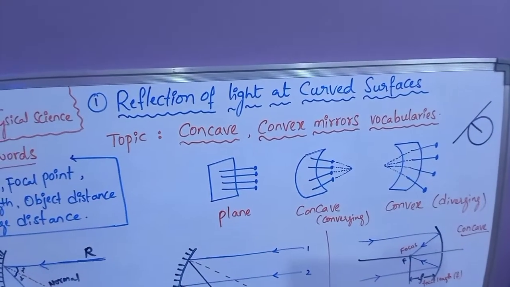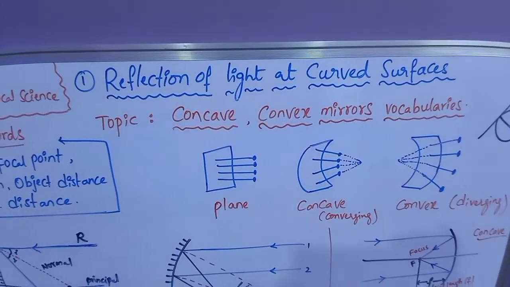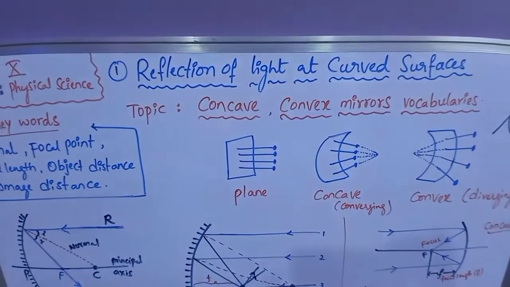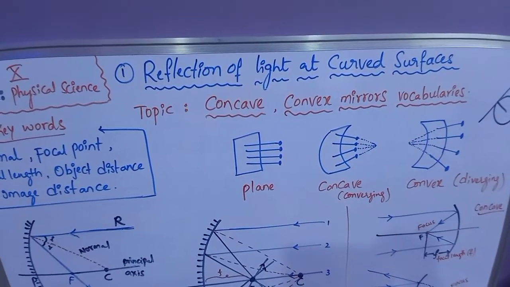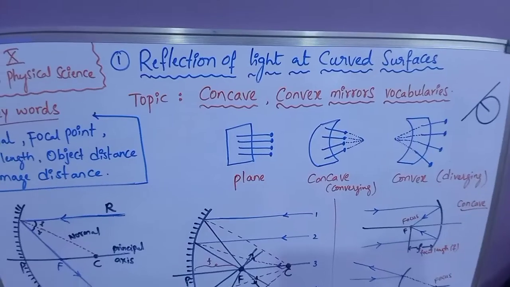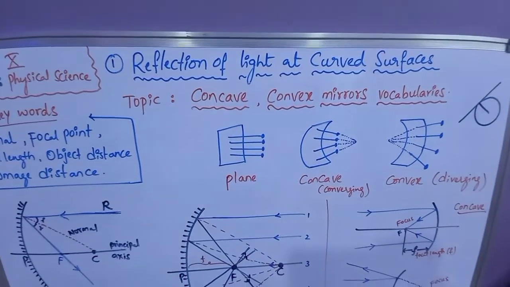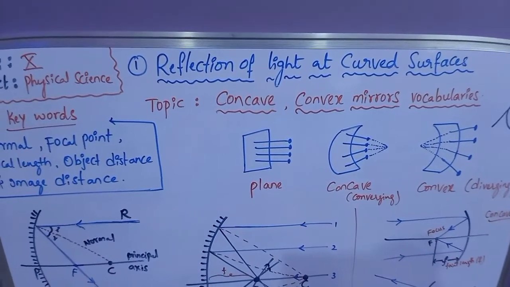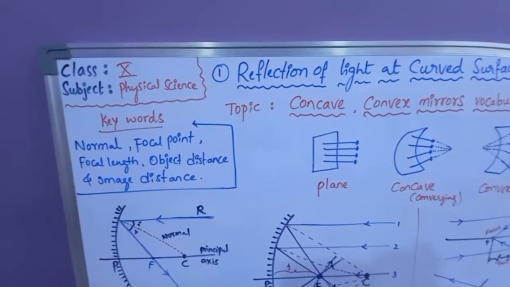Okay, so already we have studied the laws of reflection in the previous classes. We have learned that a light ray incident at an angle with the normal at the point of incidence will get reflected making an equal angle with the normal. That means the incident angle is equal to the reflected angle. Always the angle of incidence is equal to the angle of reflection, as far as we have studied. This is one of the laws of reflection.